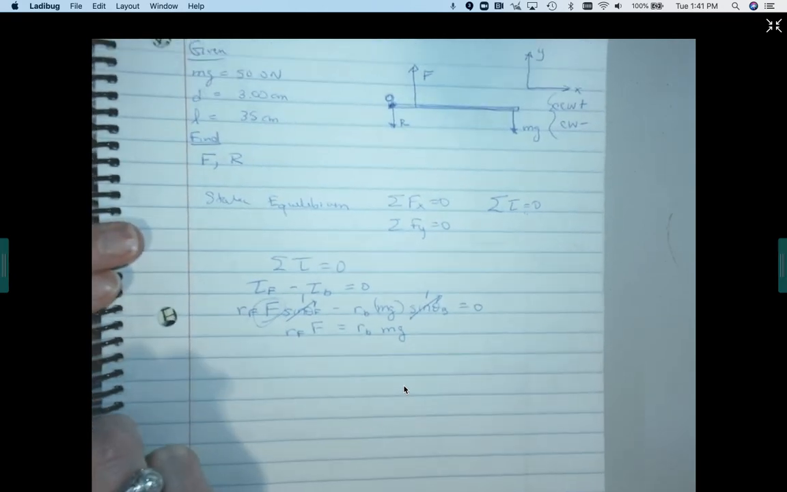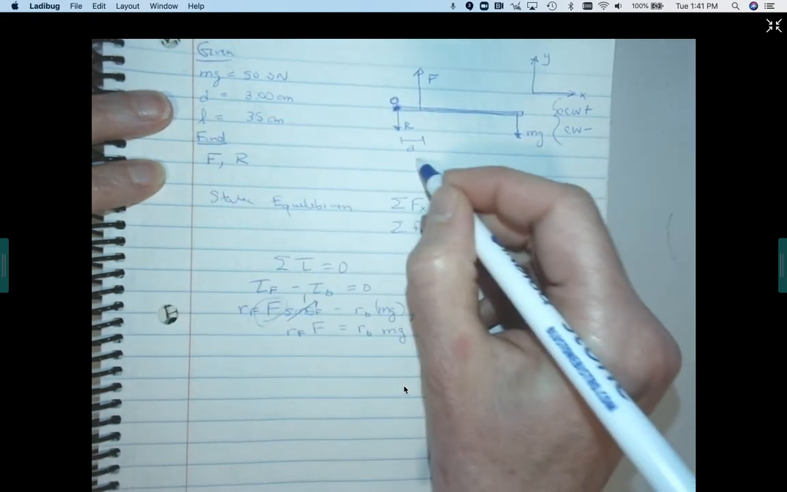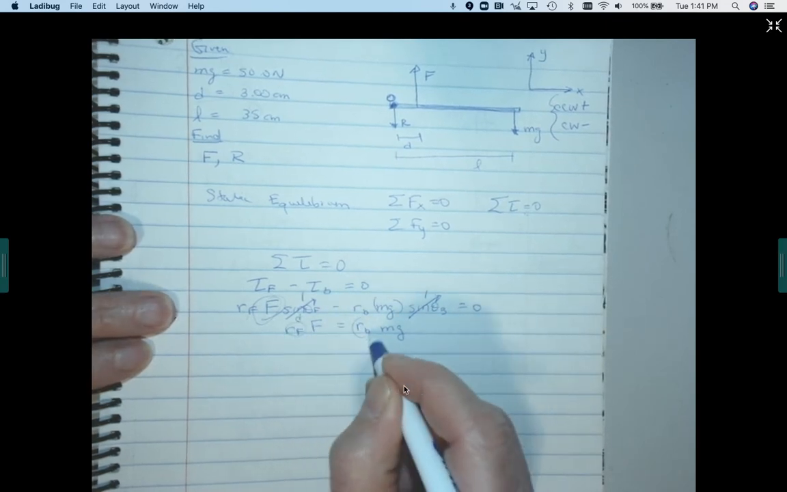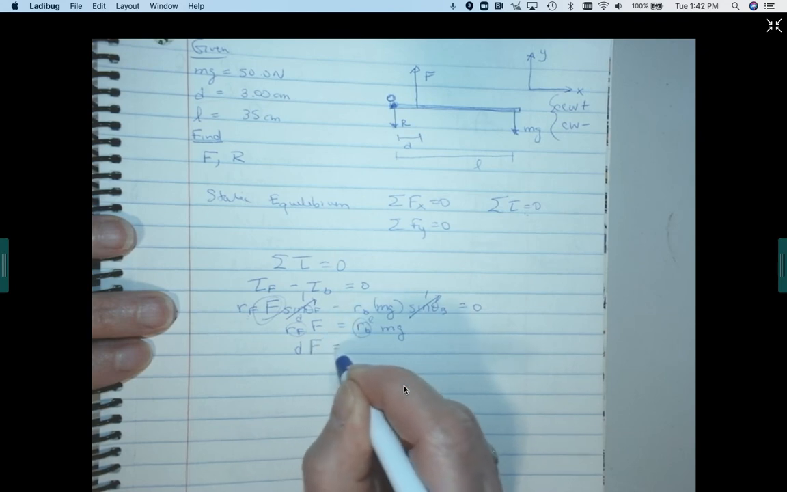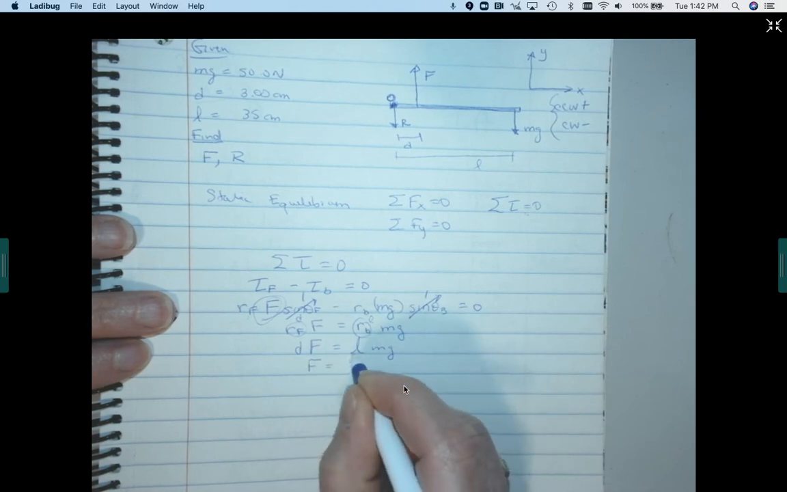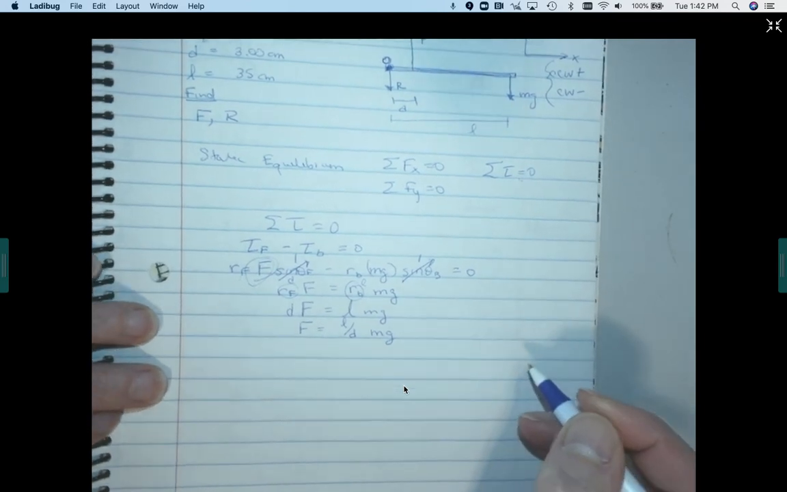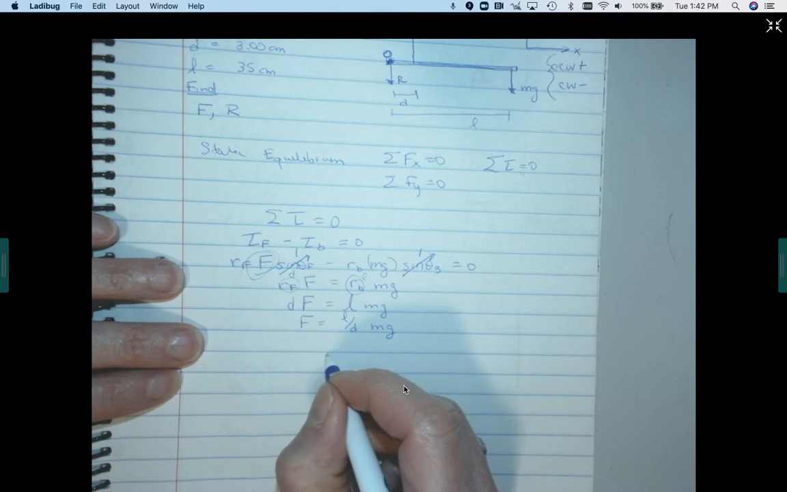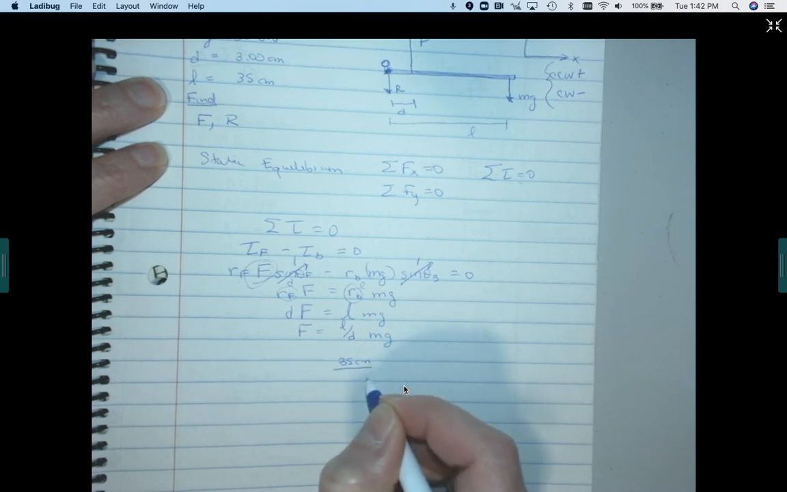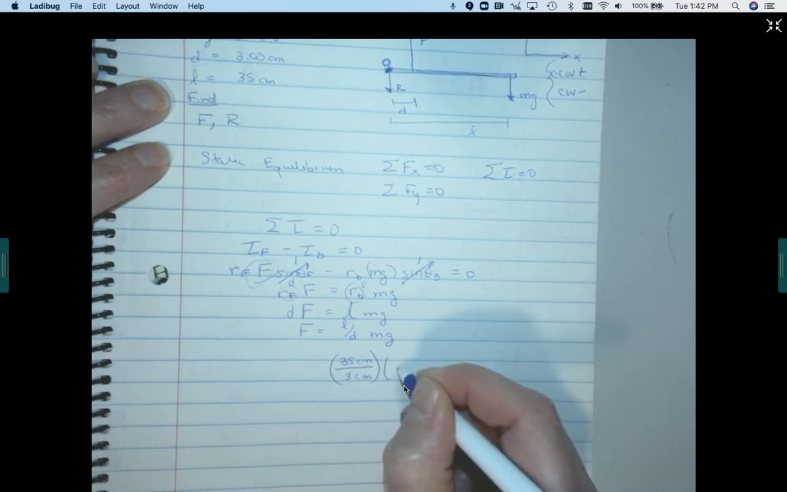Okay, and based on my diagram here, this actually was given as D, and this was given as little l, so we should put that in there. So D times F equals l times mg. Now we can solve for F. We divide through both sides by D, so I get l over D times the weight of the ball. And so we can plug in. l is 35 centimeters, and since I'm just doing a ratio, I don't need to change the units. They're going to cancel out. 35 centimeters divided by 3 centimeters times the weight of the ball,